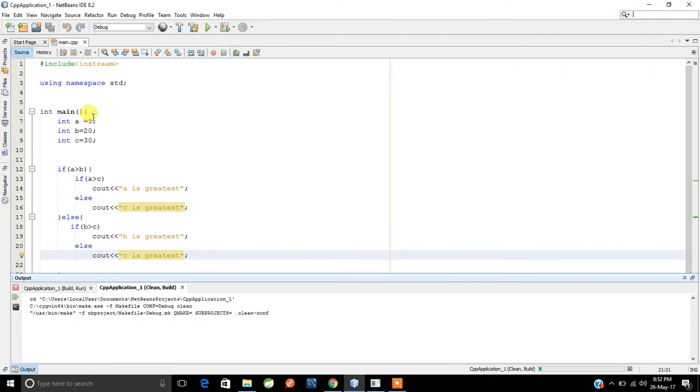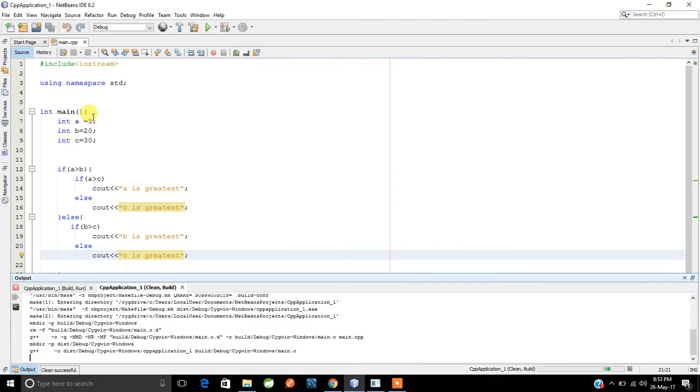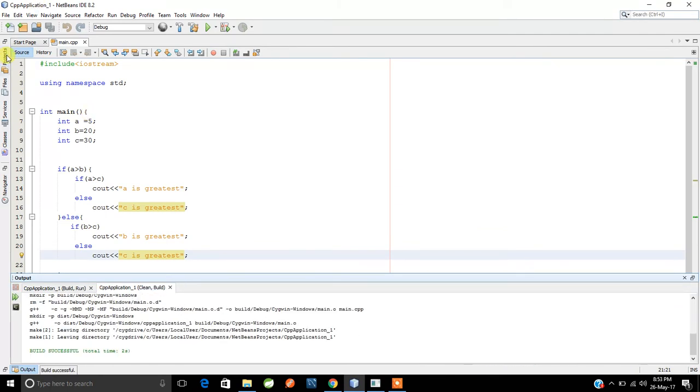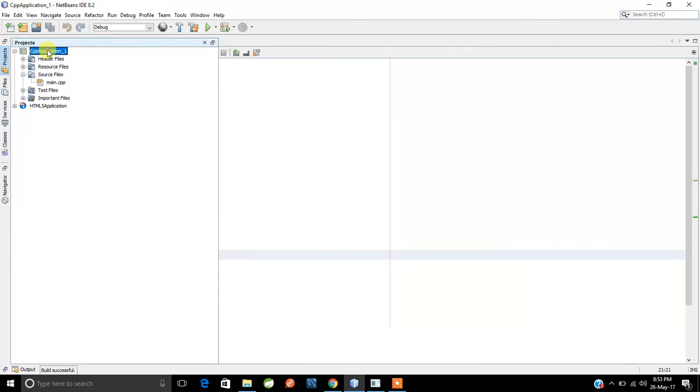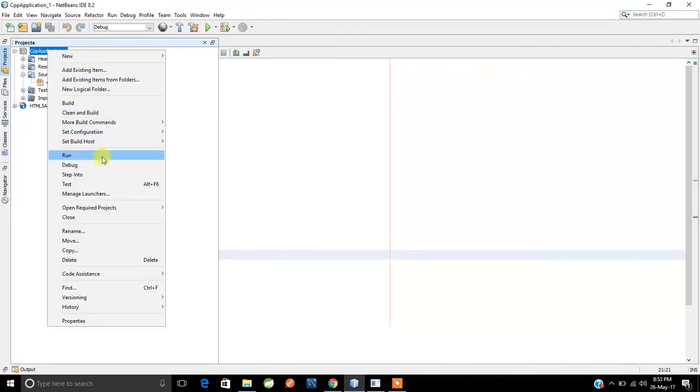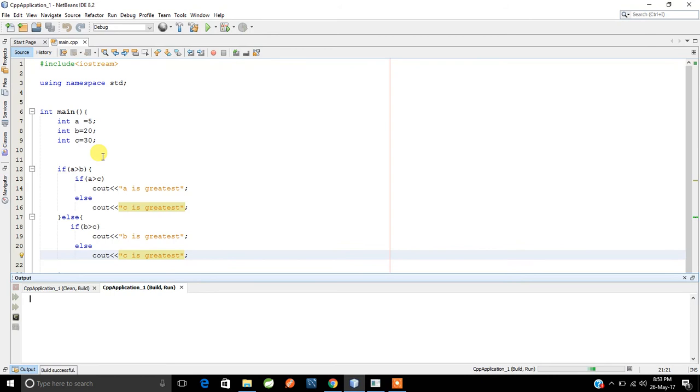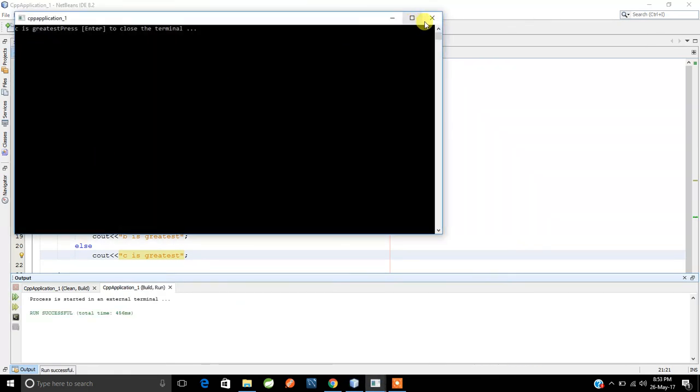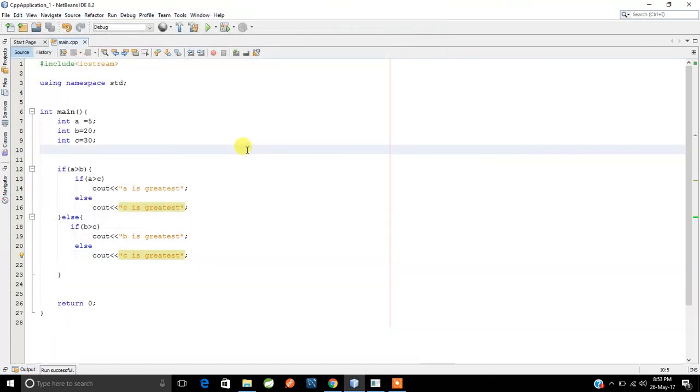Clean and build. All right, and now if you go and run this application, so what will you get? C is the greatest. So you have to find the greatest among three numbers. All right. So now what I'm going to do is quickly demonstrate if else